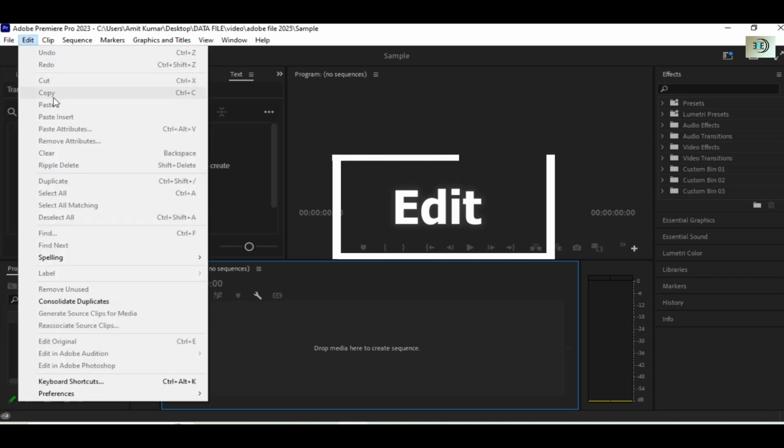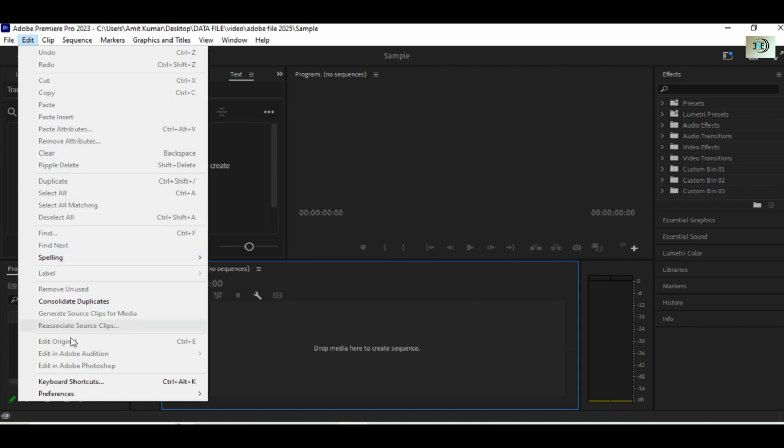Second one is the editing bar. Editing bar is a help for cutting the clip, adding